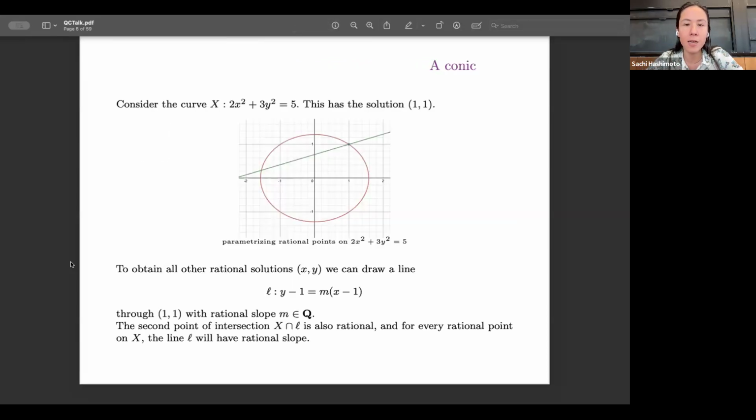However, in the case of, say, conics, we're pretty good at determining rational points, right? So here's the conic, 2x squared plus 3y squared equals 5. And there's an obvious solution to this if I plug in x equals 1 and y equals 1. To obtain all the other solutions, x and y, that are rational, this is a pretty classical problem. I draw a line here in green through the rational point I know, and this will hit one other point on the conic, and that other point will be rational if and only if the slope of the line is rational. In that way, I can sweep through all of the points on the conic, and I get a parameterization of the rational points on the conic.